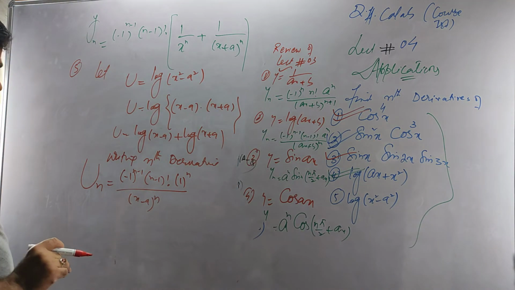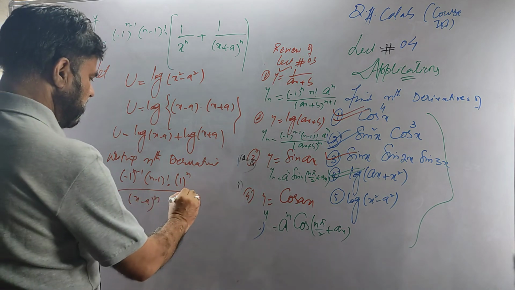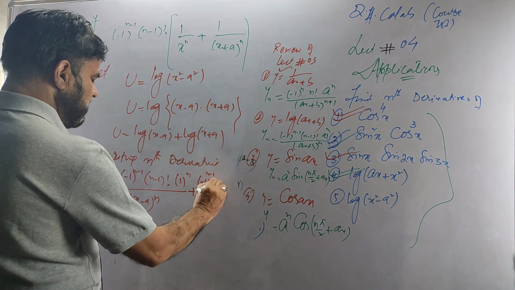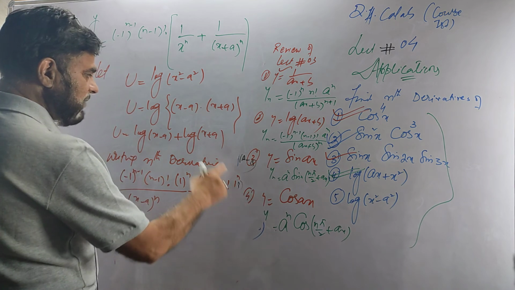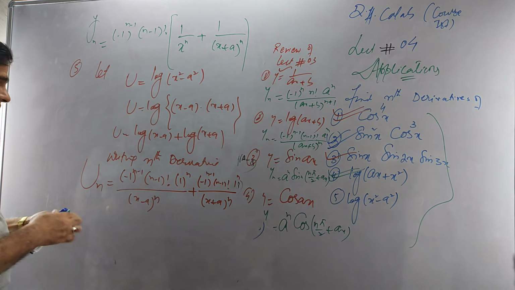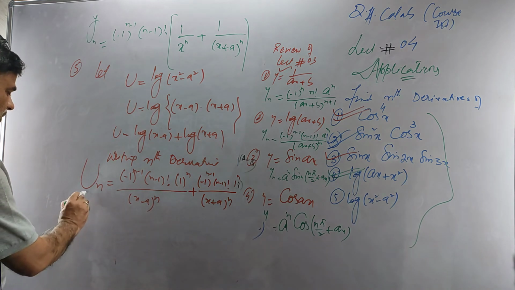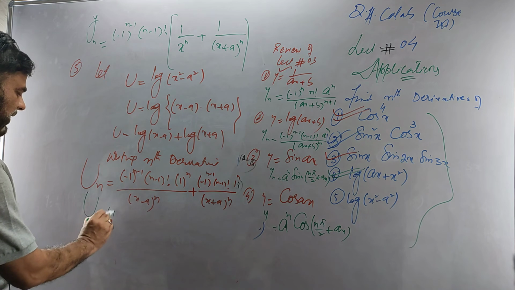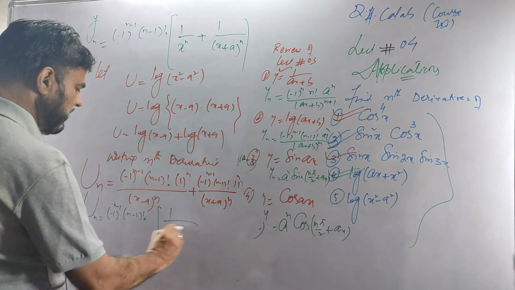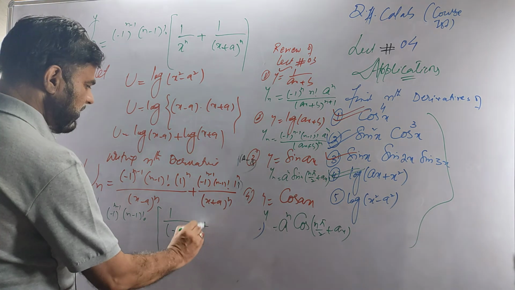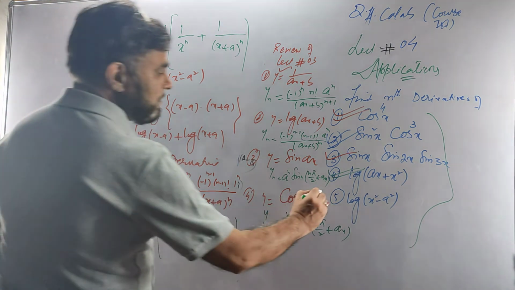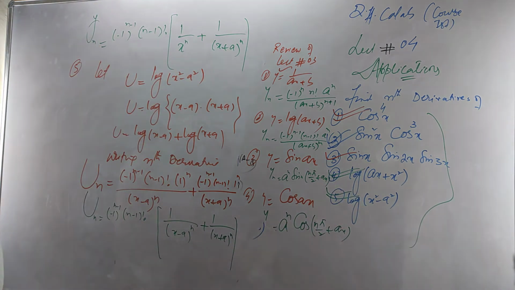Be cautious, understand the difference so that you will remember the formula. Plus minus 1 raised power n minus 1, n minus 1 factorial, 1 raised power n, the coefficient of x, then down it is x plus a raised power n. Well, you have found the nth derivative of this also. You can write it in simplified form. The nth derivative un: you can take minus 1 raised power n minus 1, n minus 1 factorial from both terms. Inside it is 1 by x minus a raised power n plus 1 upon x plus a raised power n. This is the nth derivative of log of x square minus a square.